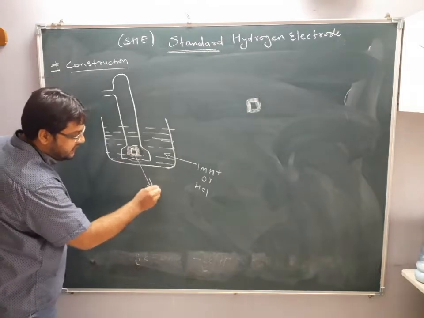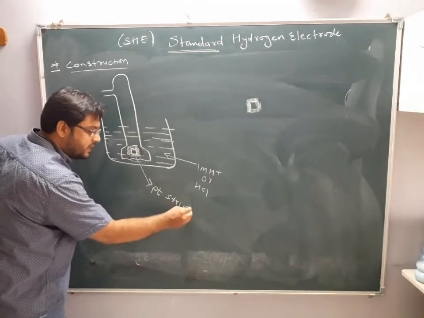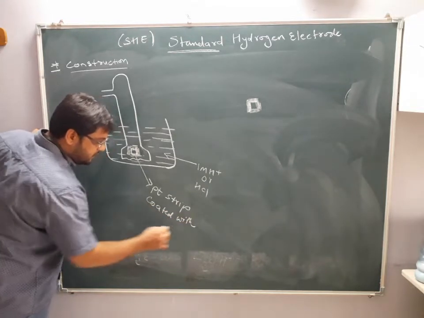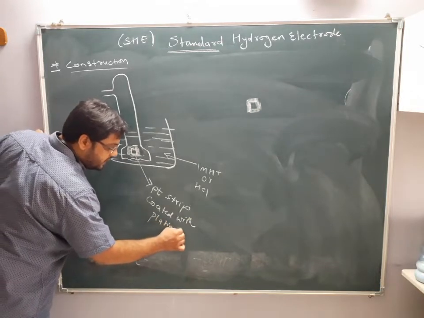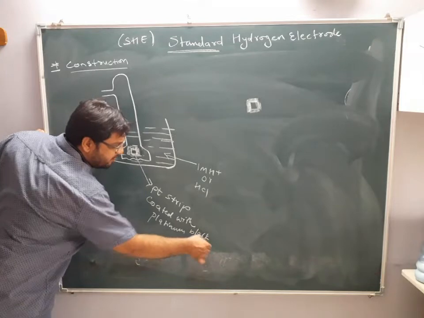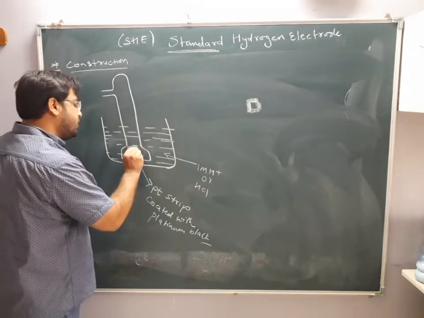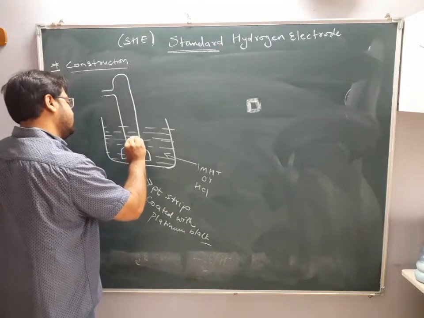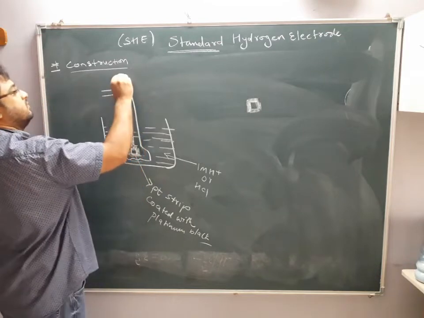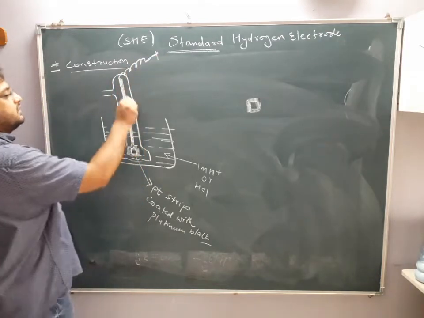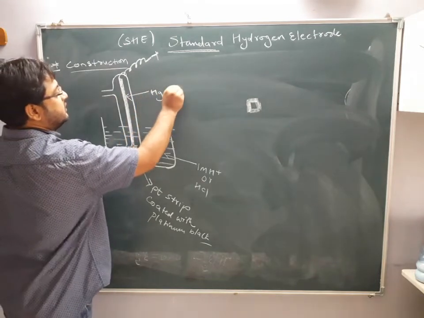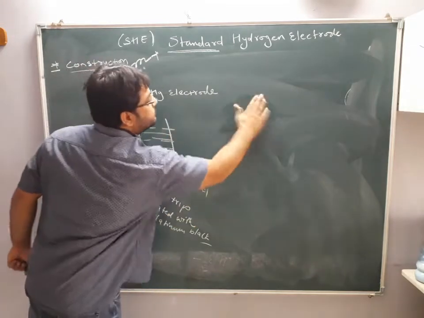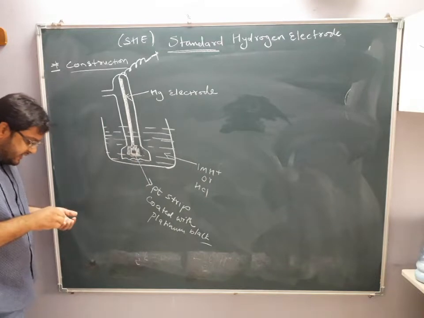This is the platinum strip. I will tell why we are taking the platinum strip, coated with platinum black. Platinum black is nothing but platinum powder. That's it. Now you make a contact with your platinum, and this contact is taken with an electrode wire, here this is wire plus. So this is the electrode. Clear? So what have I taken? I have taken a platinum strip. See, you can see this platinum strip.